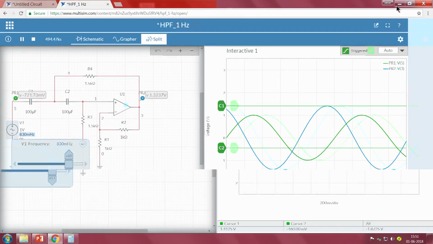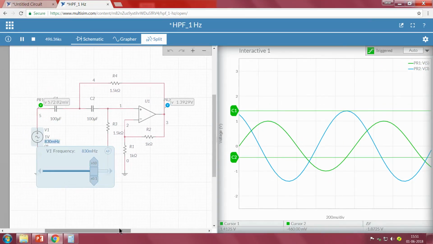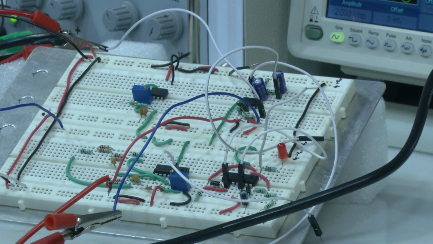Now, I hope this is clear with the simulation. What we do is we will look into the board, where we have already built the same circuitry using our breadboard. We use the other part of the TL082. Previously we have seen the low pass filter, now we will see the high pass filter on the same op amp, just next to that, but using the first side of the op amp in this case.